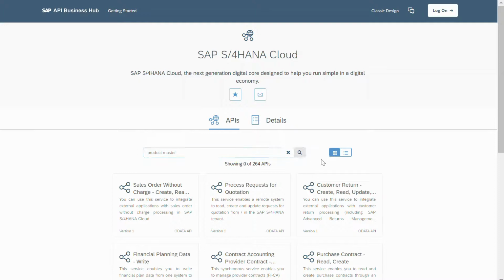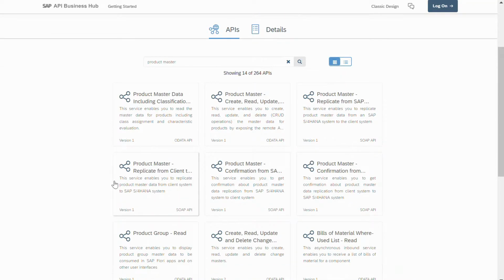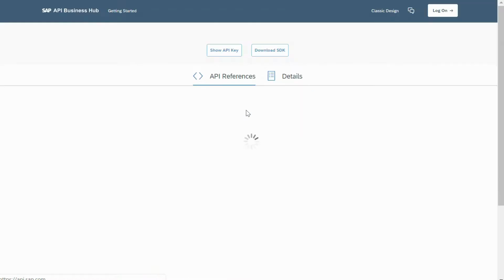master and search for available APIs, and the system tells me that there are 14 that have product master in the name. The one that is of interest to me is the OData API to create, read, and update product masters. And of course it's OData. We also have SOAP APIs, but OData is the one that I am interested in. So I click on it,